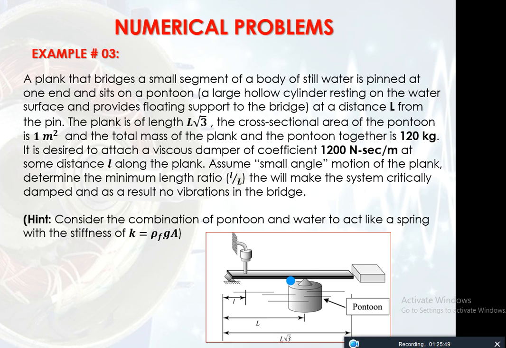So we will write the sum of all moments about the pivot point is equal to I theta double dot, where theta double dot is angular acceleration, is equal to, then we will take moments of these restoring forces. This is the restoring force of the damping element into small distance l, and it will be with a negative sign, and again another force with a negative sign, the stiffness force into this moment distance L. Okay, so let's solve this numerical.